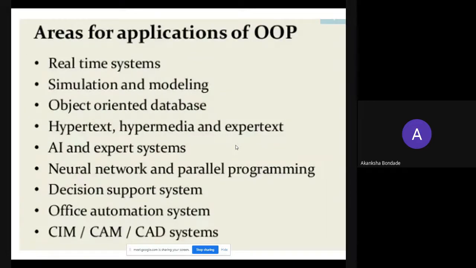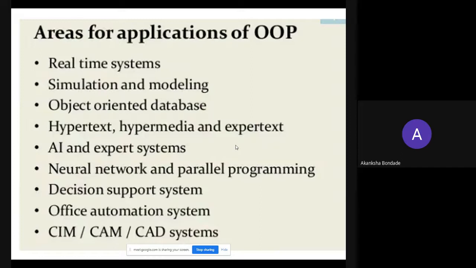Now, what are the applications of object-oriented programming? The first application is real-time systems. OOPS is used for real-time systems, since it overcomes the drawbacks of procedure-oriented programming. Next is simulation and modeling. Third is object-oriented databases. Then hypertext, hypermedia, and expert text.